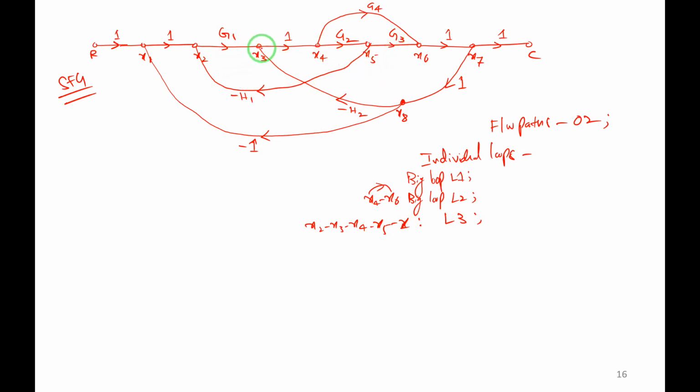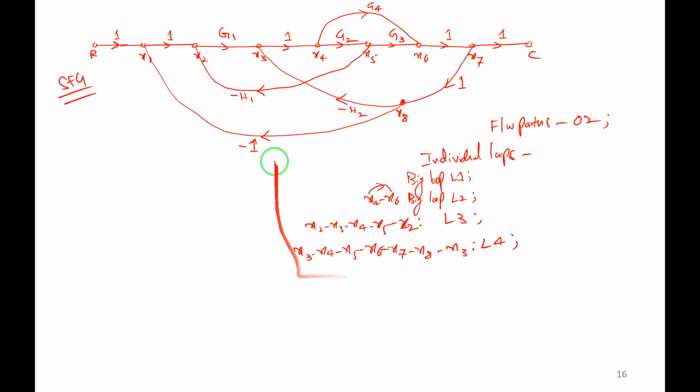Check it. Let me start from x3. Okay. 3 to 4, 4 to 5, 5 to 6, 6 to 7, 7 to 8. From 8 once again to x3. Yes, this is there. x3, x4, x4 to x5, x5 to x6, x6 to x7. From x7 it is x8. From x8 I am going back to x3 once again. This is loop 4. This one once again observe here.